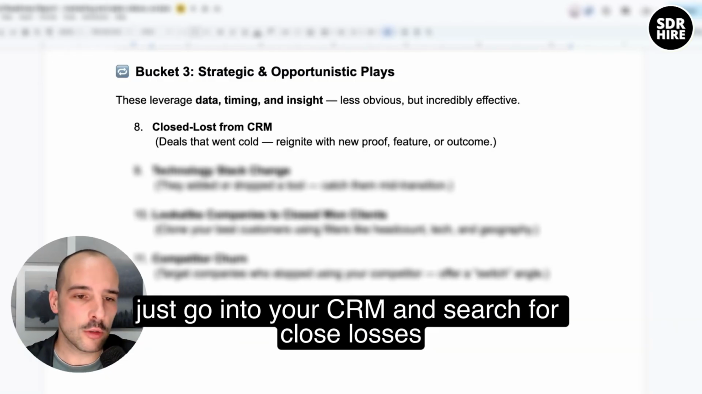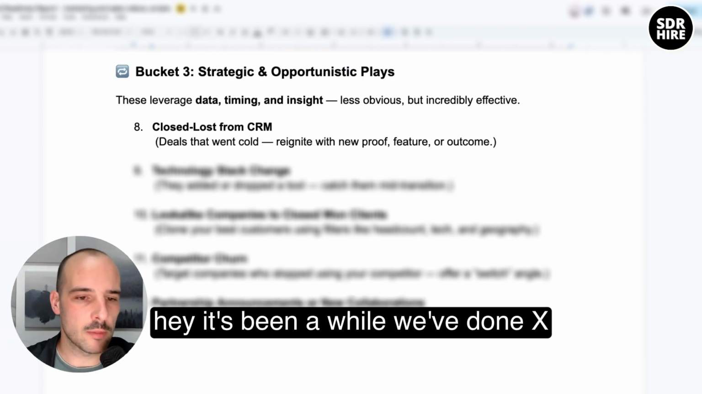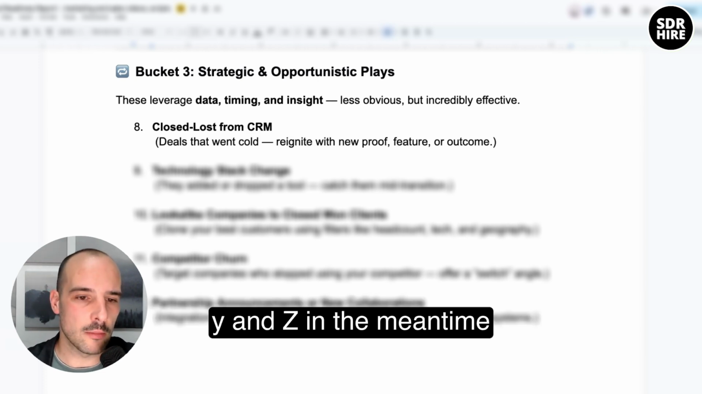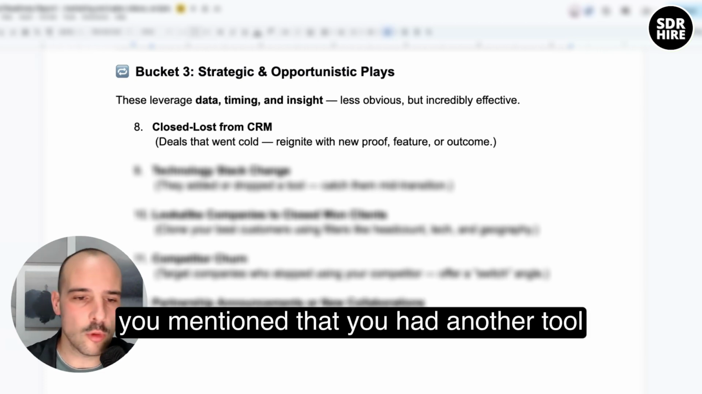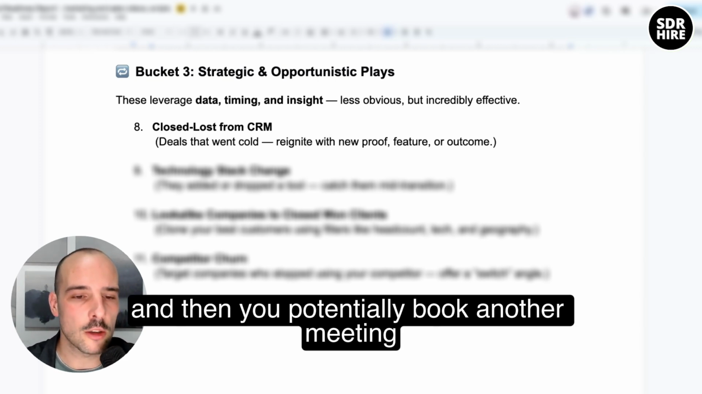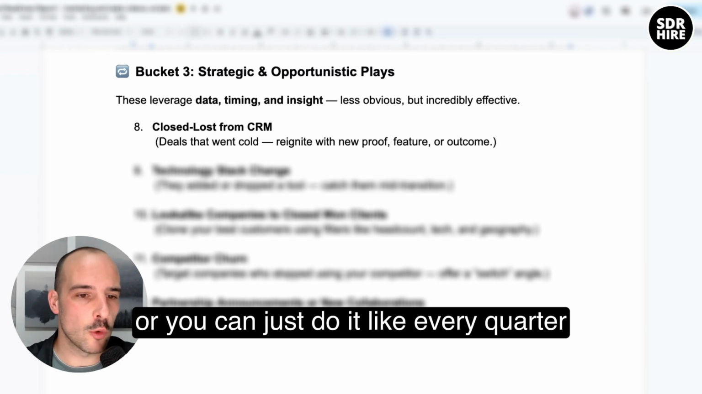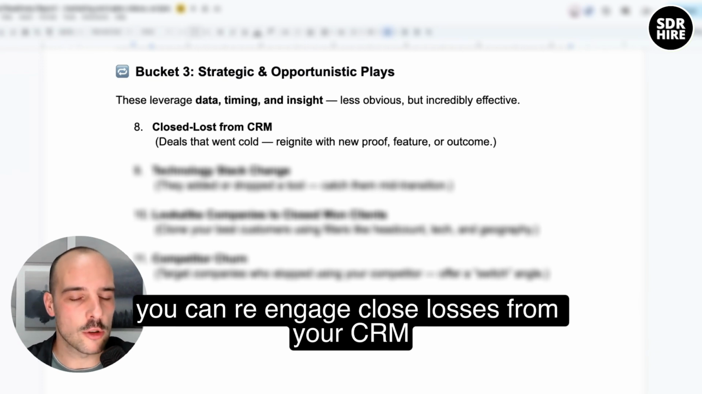And so just go into your CRM and search for closed losts. And essentially, you can very easily reignite by cold calling them. Hey, it's been a while. We've done X, Y, and Z. In the meantime, you mentioned that you had another tool, or maybe you mentioned whatever you mentioned. You go through your notes, and then you potentially book another meeting. You can easily use this to book 10 to 20% more meetings per month just based on this. Or you can just do it like every quarter. You can re-engage closed losts